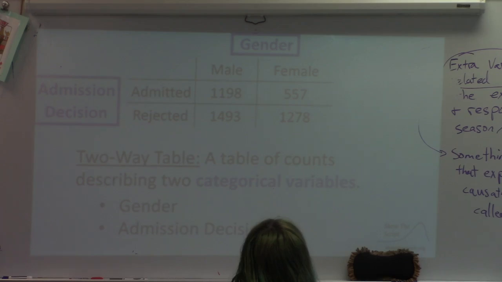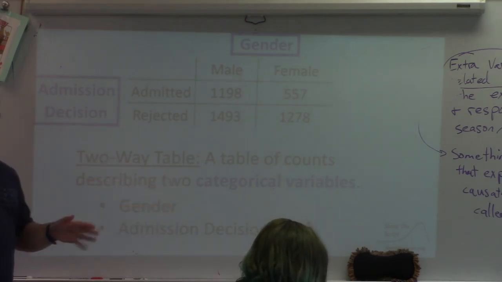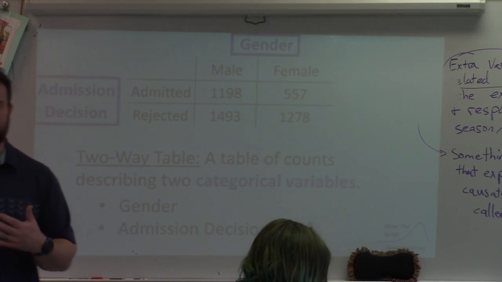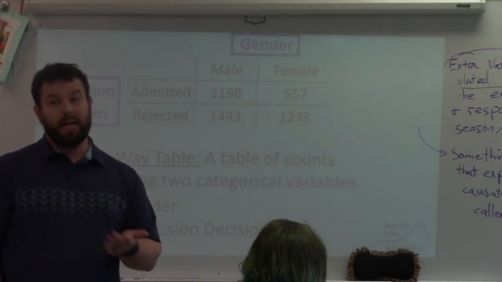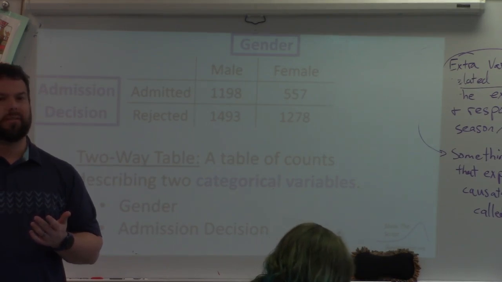Please notice, two-way tables are all about categorical variables. One thing I saw in the book or somewhere recently that I think is a really good note is, you can actually make any quantitative